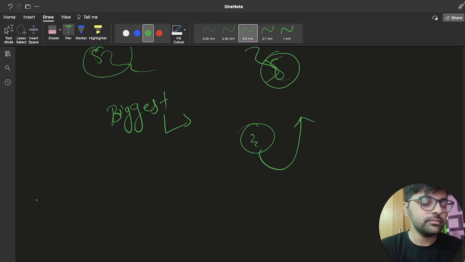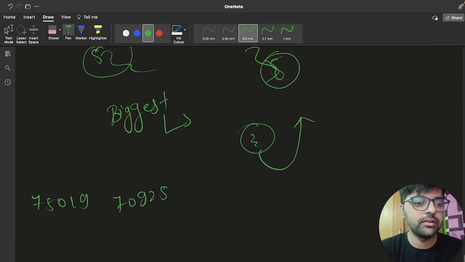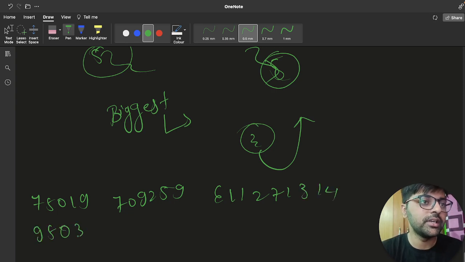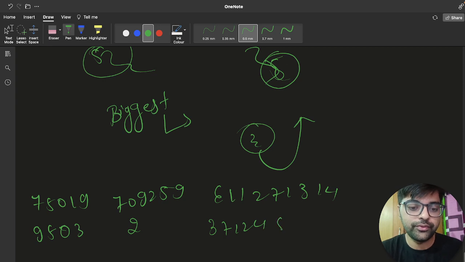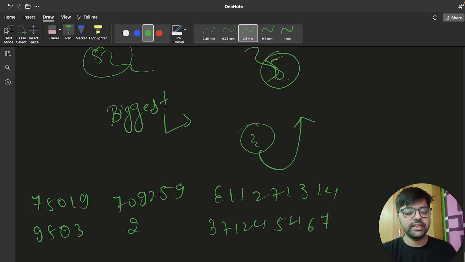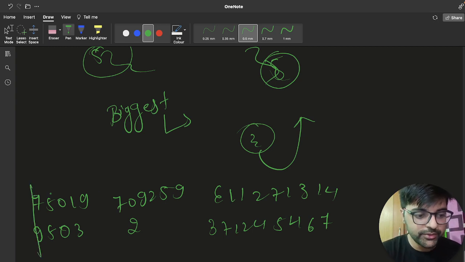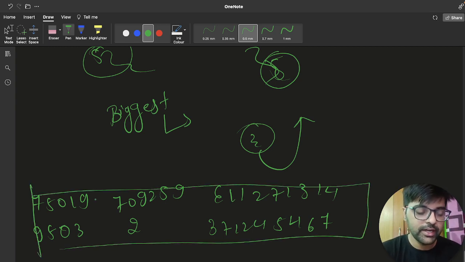So let's consider a simple example: 75019, 709259 and 611271314. I'm taking only 4 elements, 9503 2, 3712 454, 67. I'm taking 3 elements from both A and B, right?